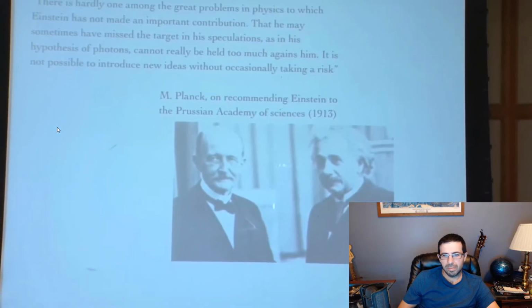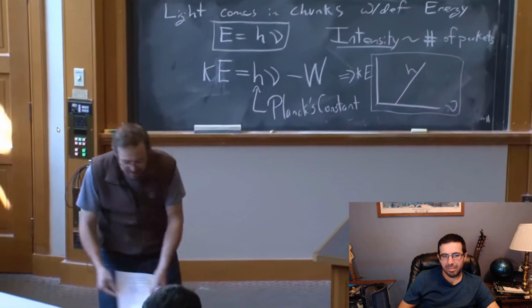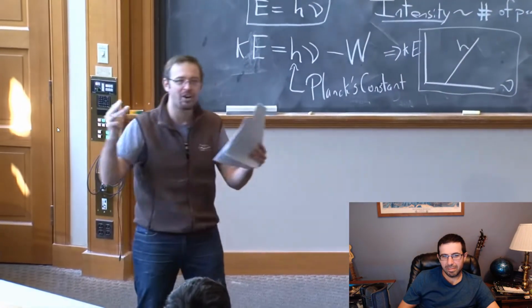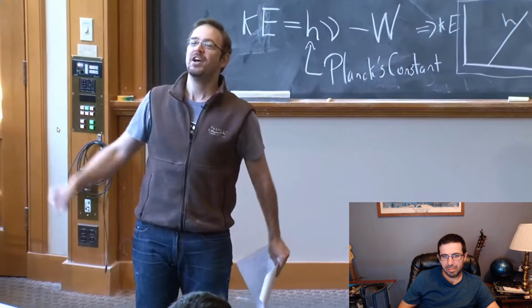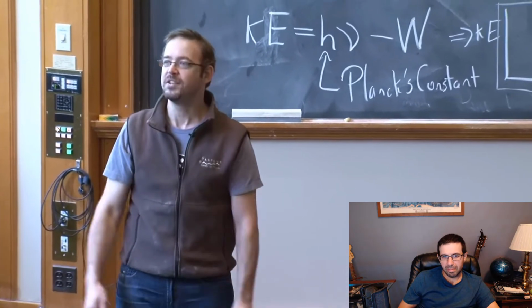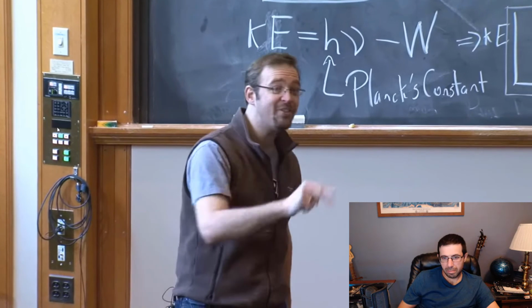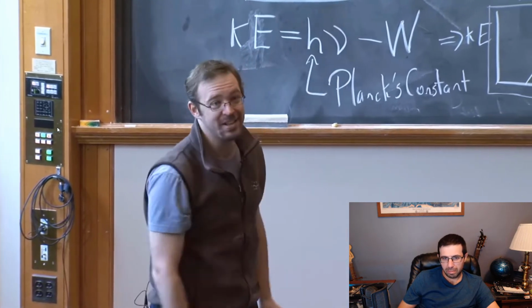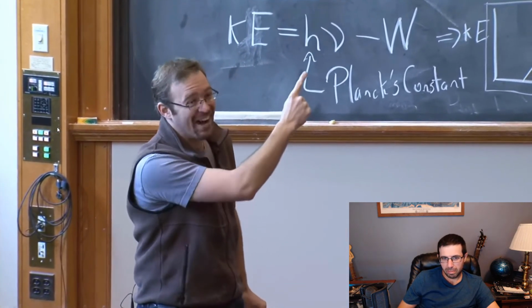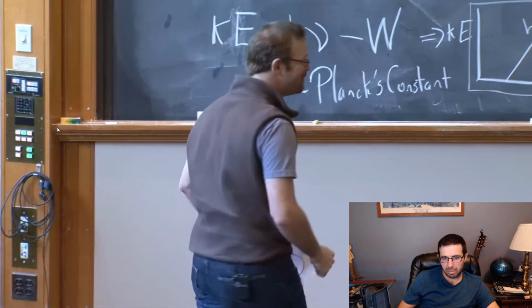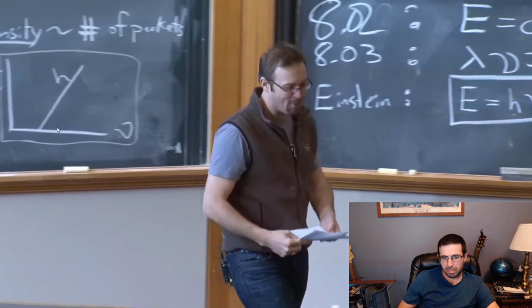Einstein, who subsequently went on to develop special relativity and general relativity and prove the existence of atoms and the best measurement of Avogadro's constant, subsequently got the Nobel Prize, not for Avogadro's constant, not for proving the existence of atoms, not for relativity, but for photons. Because of guys like Planck, right? This is crazy. So this was a pretty bold idea.